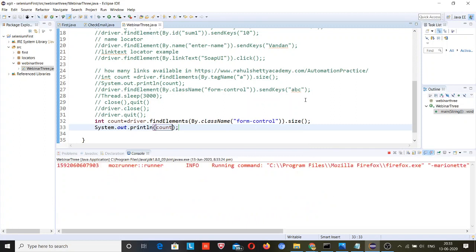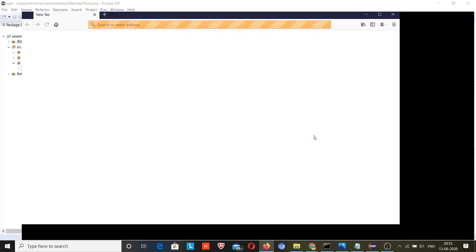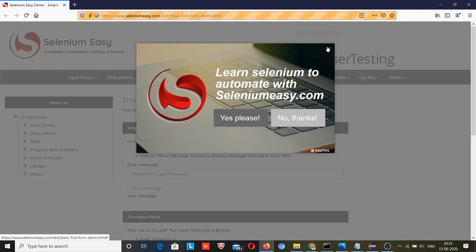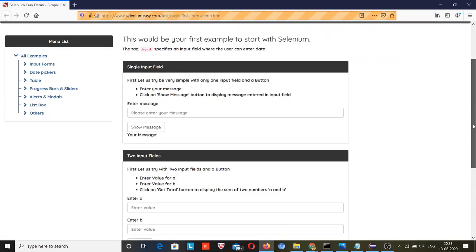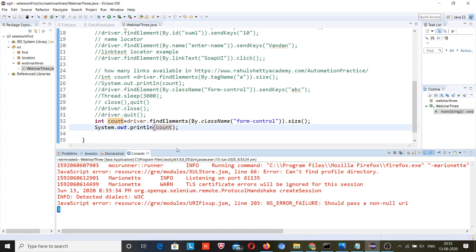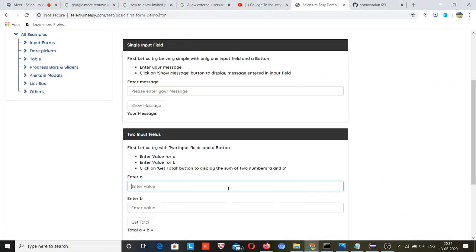I was not coming to this topic because I know that you are very new to Selenium, and maybe there is some confusion also, so that's why. But for answering purposes, I give this answer. I will explain in my further lectures as well. Let me make sure that only 3 elements are present with the same form control. Okay, so the answer is 3, so 3 fields are present. I want to enter my value in this second one.